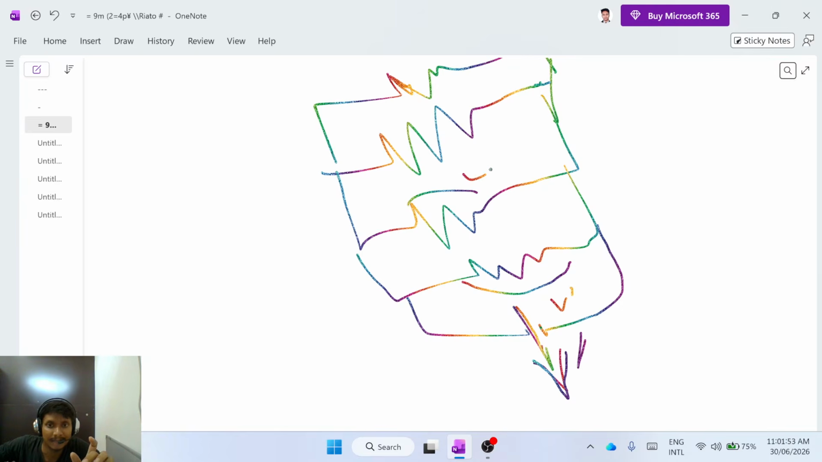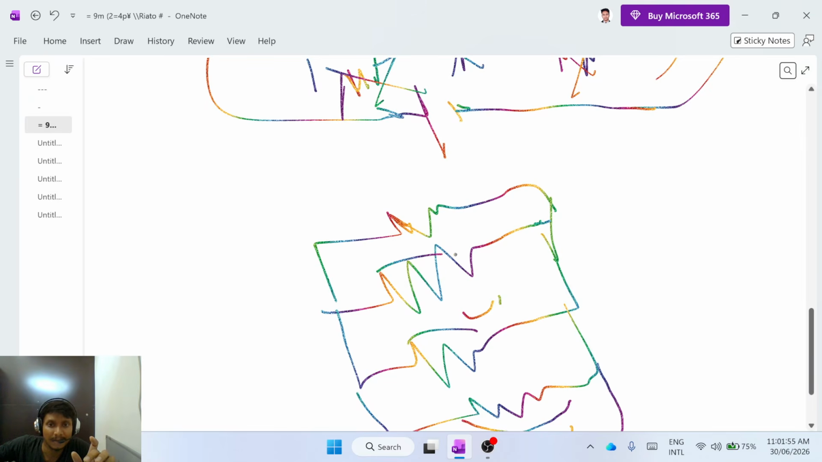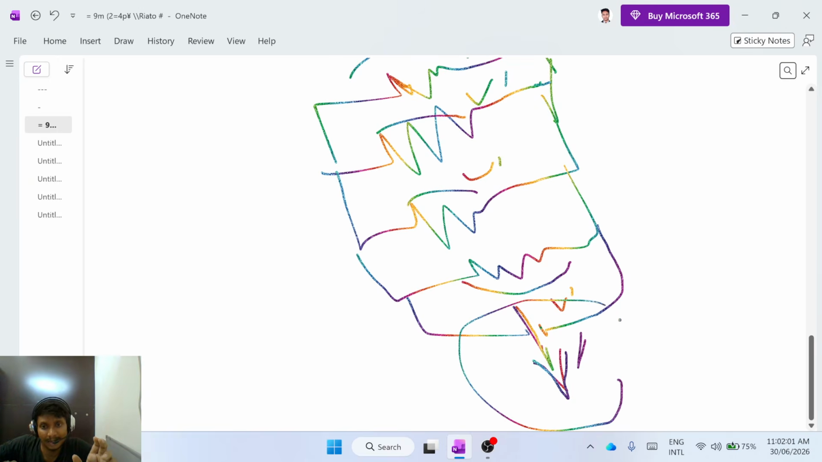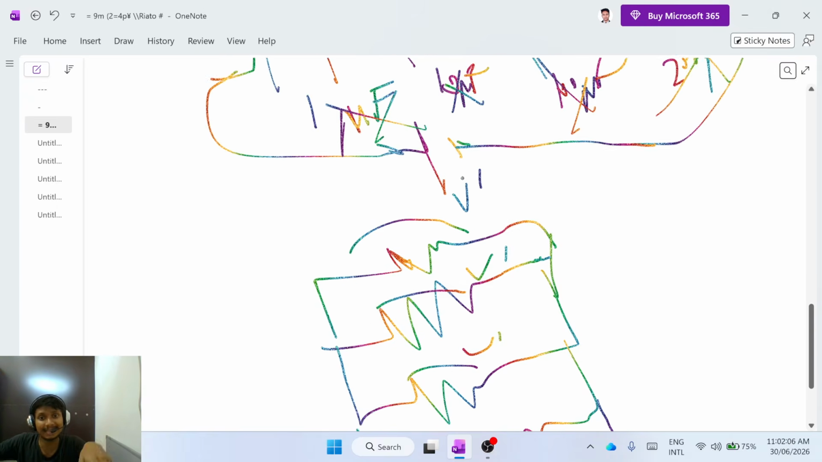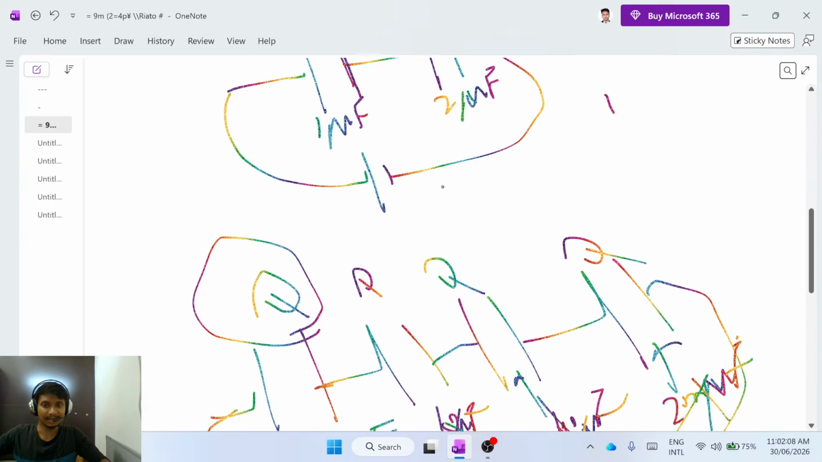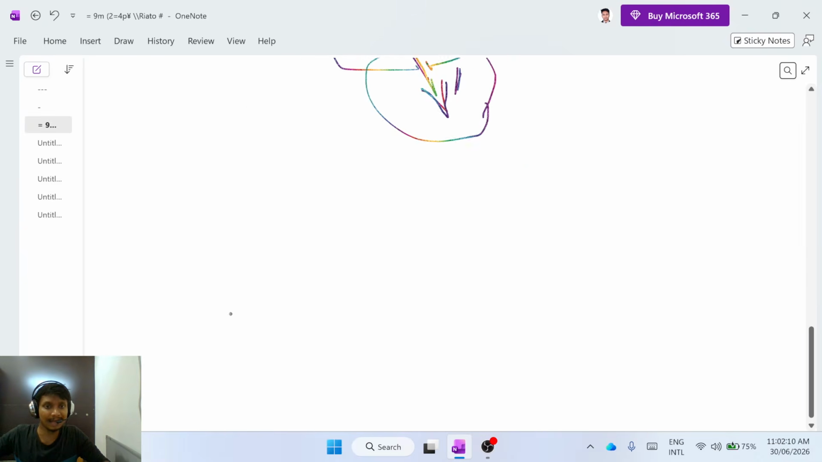Here also the potential difference is V dash. Here also the potential difference of the capacitor will be V dash. So the total voltage is also V dash. Here also V dash. Likewise in a capacitor, there are